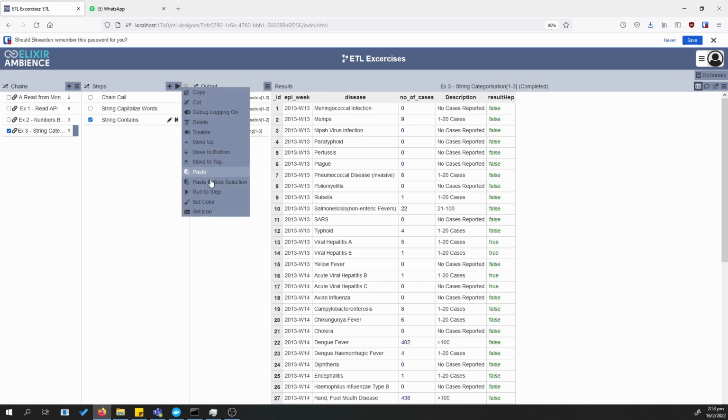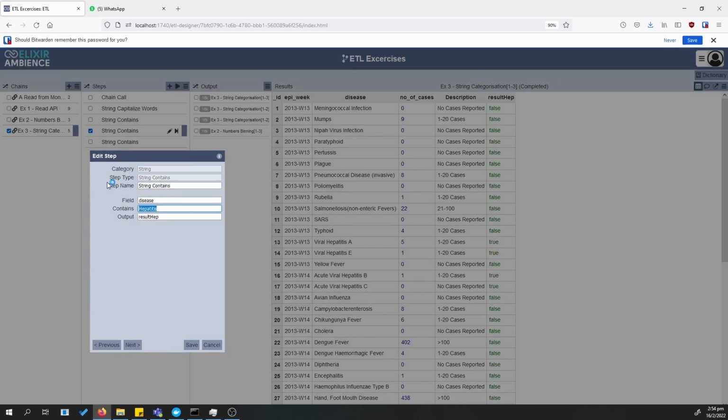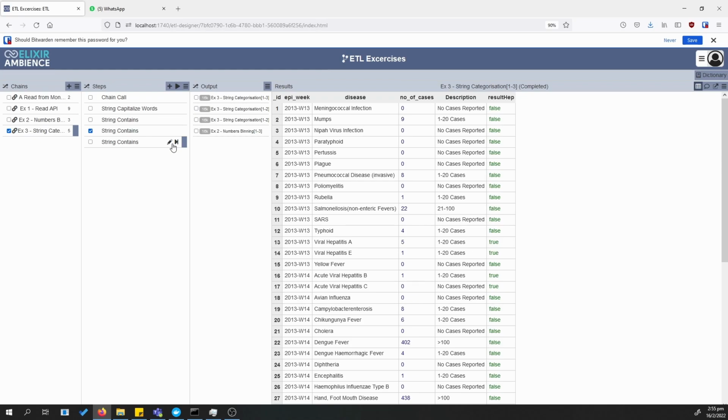Okay, so just for an example, we're going to do 2 more string contains. So I'll just paste the string contains so that I don't have to look for them in the add step, and just merely change the contains to let's do it on dengue. So we'll look for the word dengue and then classify them, because there is 2 types of dengue diseases, namely dengue fever and dengue haemorrhagic fever. So result dengue. Next we want to do it on, let's say, hand, foot, mouth disease, because those have more cases. Output is HFMD. So over here, if we run this,